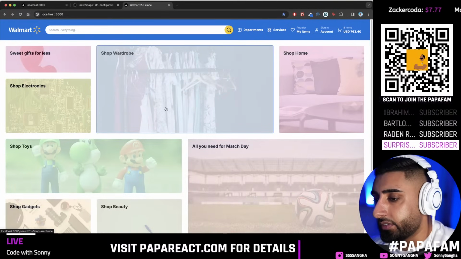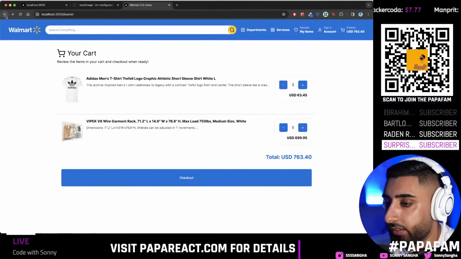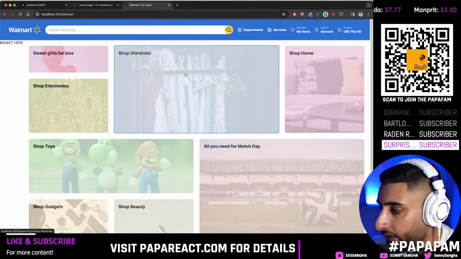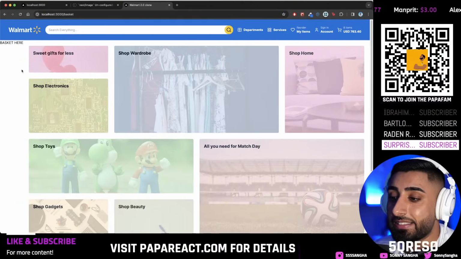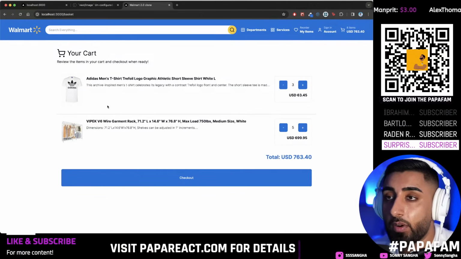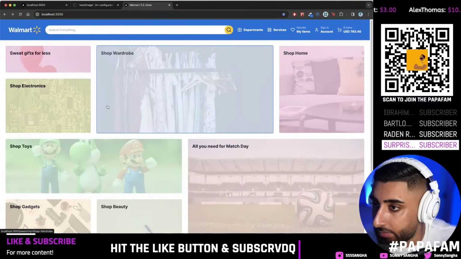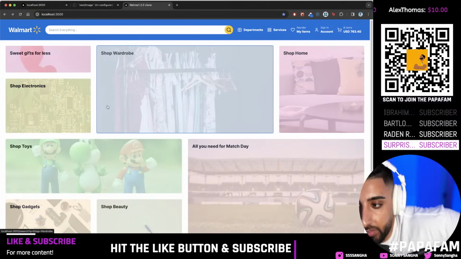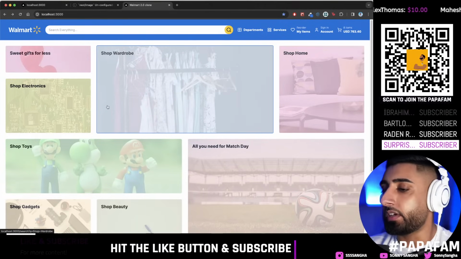Okay. So this is really powerful. And then what's good about it as well, say if I click on basket, and let's say I refresh or I send someone the /basket, no matter what, they will go there. But you can have two types of functionality for that route now, a soft navigation and a hard navigation, which